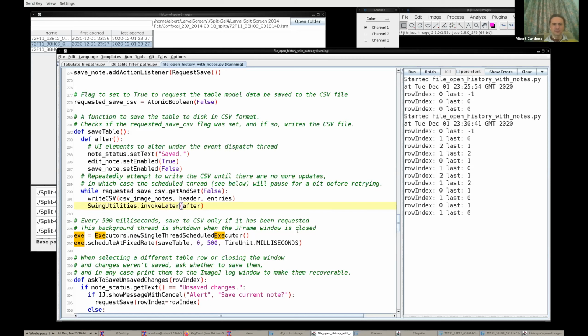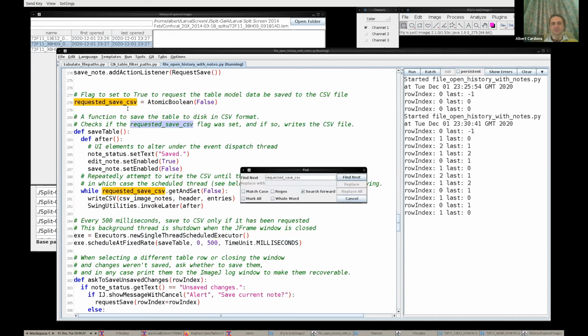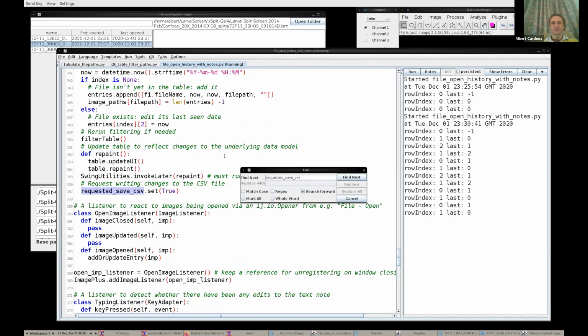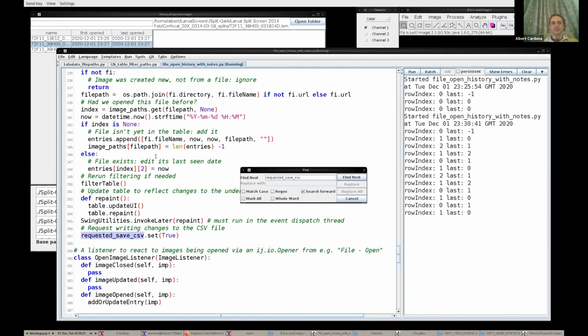So this looks overly complicated in a way. It's actually rather straightforward once you understand that this makes everything trivial. And the one conflict point between multiple threads trying to do something is managed by the atomic Boolean, requested save CSV. If we look for this variable, you will see that it's also used in the function that deals with